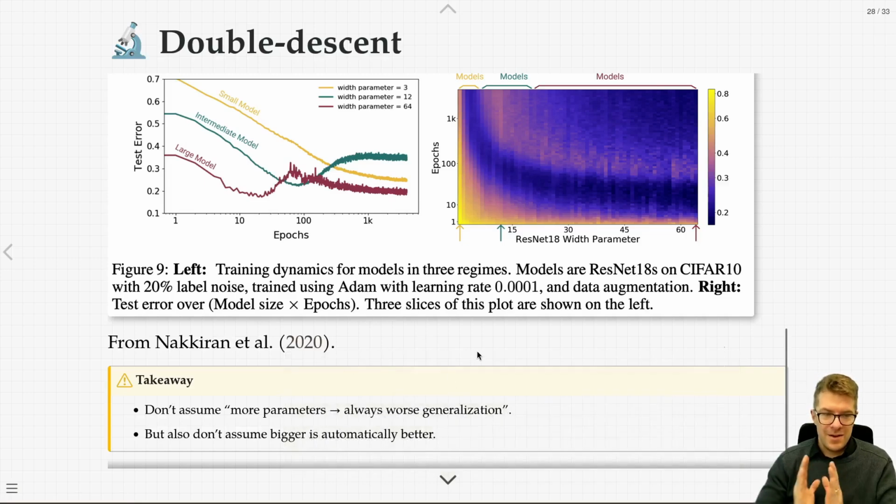So, the takeaway now, again, this is a bit of the complexity that I was warning you about at the beginning of this module. A simple rule, like we started having in some of the earlier modules, that more parameters means you're going to have problems generalizing, isn't always going to be the case. At the same time, you have to balance that with the idea that bigger isn't always automatically better. Often when we talk about the scaling hypothesis and we say, oh, just have more parameters, just have more data and you'll be fine, that is a very naive and simplistic way of viewing these models.